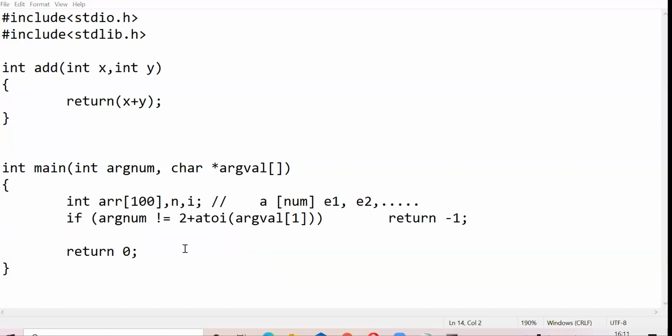Okay, so we'll have a for loop here and an iterator here. For i equals 0, the index of the array will start from 0 and go until i less than n, right? So from 0 to n minus 1 will be the indices of my array. Okay, there is one problem still. I don't know what the value of n is.